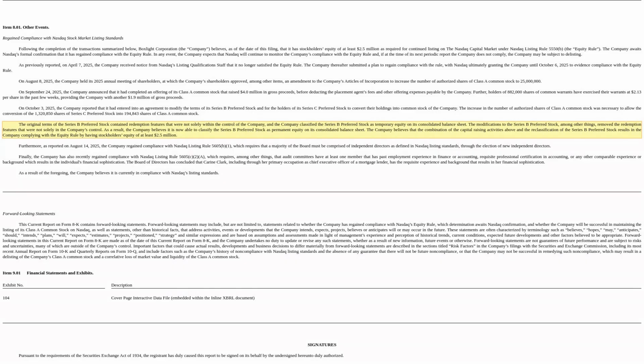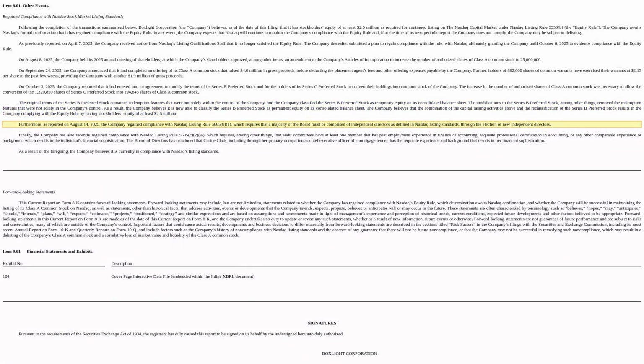That's what Boxlight believes has brought them up to that $2.5 million equity requirement. They are still waiting for Nasdaq to formally confirm this, but they are clearly optimistic. Now, it is not just about the money. Boxlight also mentioned they regained compliance with another Nasdaq rule,